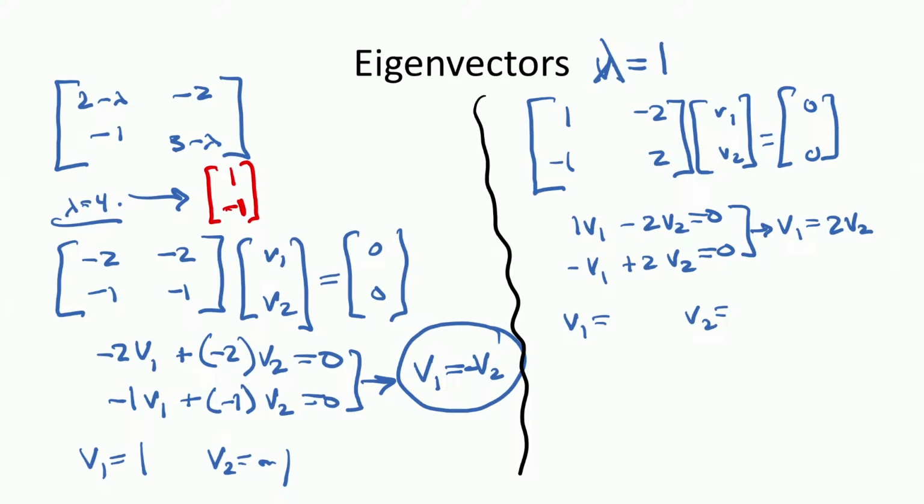2 for V1, which means V2 is equal to 1. Or you could have picked 1 for V2, and then that would have forced you into 2 for V1. However it works is fine. So that gives us this eigenvector, and that's the vector 2, 1. Now here's the cool thing about this: once you have that, so we have the 2 eigenvectors,